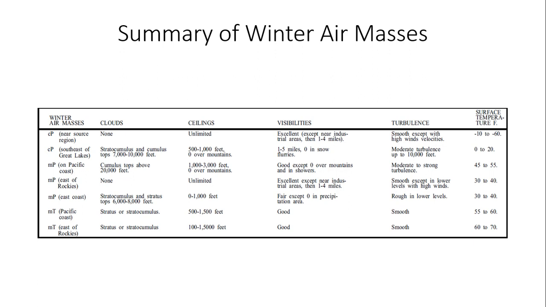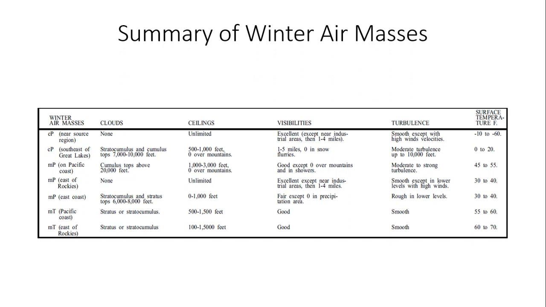It generally shows you the impacts of the air masses on clouds, the type of clouds you would see, where the layers are, how high they are off the ground, the ceilings, the visibilities, whether the visibility is good or bad in the respective air masses, as well as turbulent air motion, and then the surface temperature of the air masses. Important points here: continental polar air mass moving southeast of the Great Lakes, downwind of the Great Lakes, you're